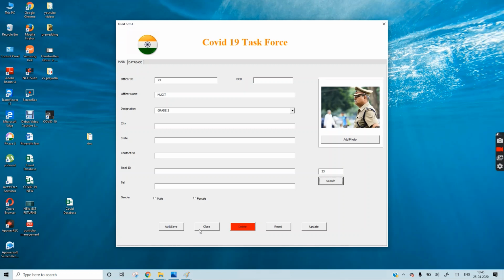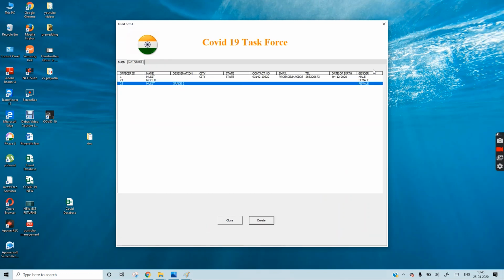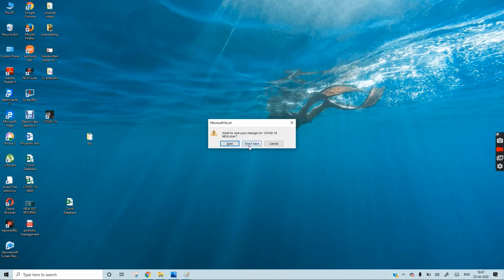So in future also you don't have to go to the Excel application. One thing we can also do is add one manual button here, so that in case you want to go to the Excel application, you can press this. For that we have to go again to the application. So close this. Don't save.